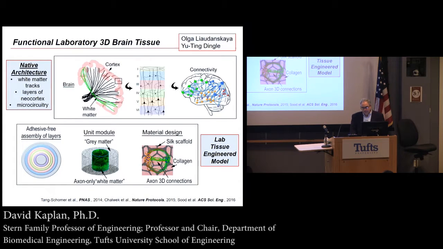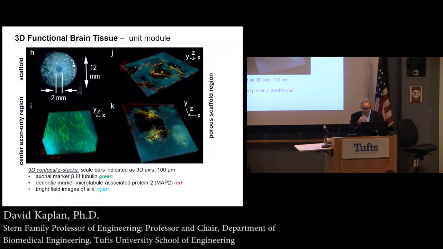So that's the system that we initiated a few years ago, and it's continuing to progress very, very well in many directions. And so just a few slides to show you what that looks like. Here's one of those sponges at the top left, and you can get a sense of scale here. This is about 12 by 2 millimeters. The center hole is about 2 millimeters where the axons are going to create the connectivity. You can see what that center gel looks like. Lots and lots of axons here that have been propelled into the center by the neurons growing around the outer